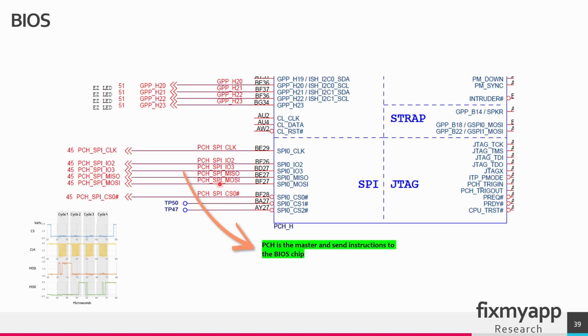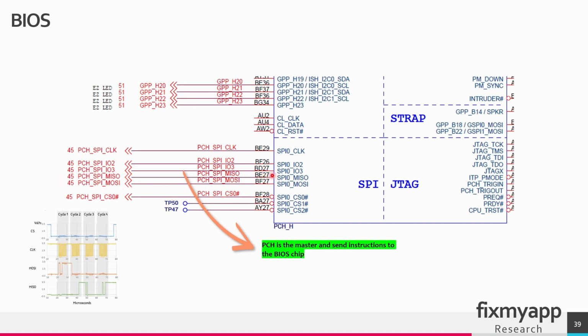This is the MOSI, master out slave in pin, and this pin carries data from the PCH to the BIOS chip. The MOSI pin transfers commands and data, like read or write instructions, to the BIOS chip. The MISO pin allows the BIOS chip to send the requested data back to the PCH. So MOSI will send a command, a read or write instruction, to the BIOS, and the BIOS will reply on